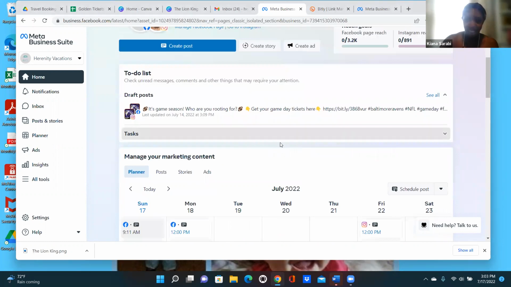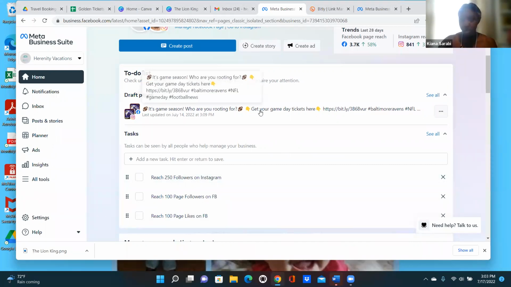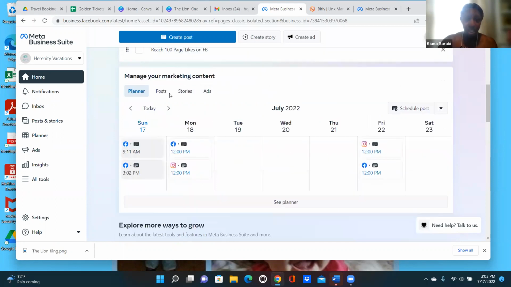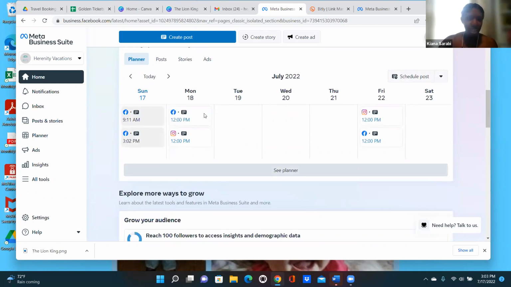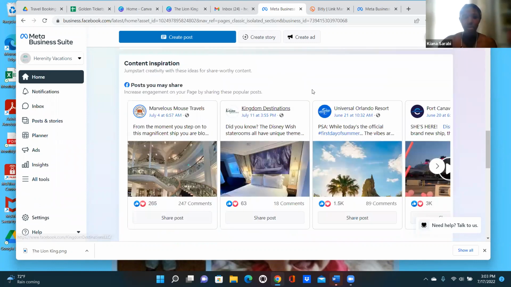If you want to add tasks for your page, like for me, I use my tasks to make little mini goals. So once I get to my little milestones, then I'll click on it and task complete. Draft posts, I'll talk about this a little bit later when we're talking about scheduling posts ahead of time, but that'll be up there. Managing your content, marketing content, you can view that through the planner or a week ahead, basically growing your audience, insights, any other business pages that you may follow or that you want to share information with,